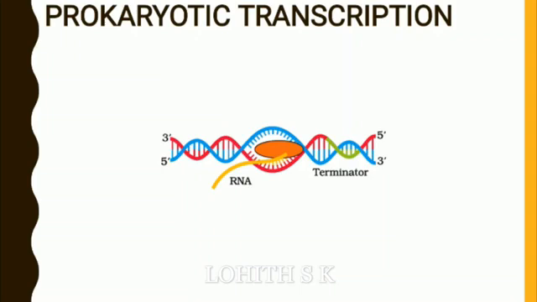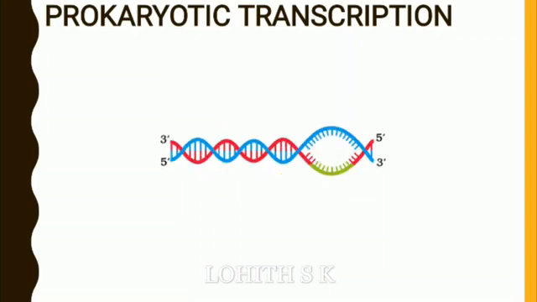But when the RNA polymerase enzyme reaches the terminator, it will be recognized by the Rho factor found in the RNA polymerase enzyme. So the RNA polymerase enzyme consists of two factors: the sigma factor that recognizes the promoter, and the Rho factor that recognizes the terminator. So when the terminator is reached, the Rho factor of RNA polymerase enzyme recognizes the terminator, and that causes the dissociation of the RNA polymerase enzyme from the DNA molecule.